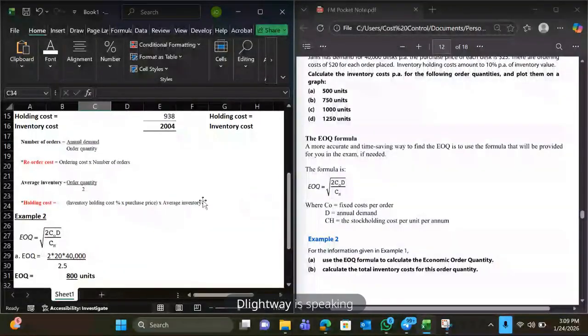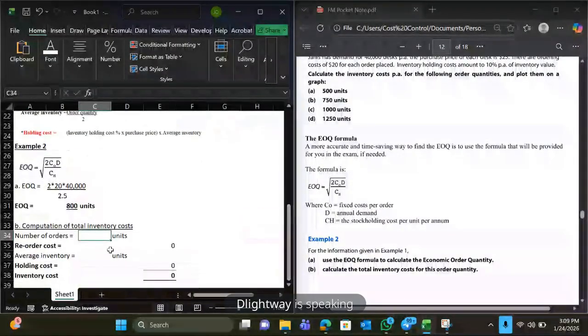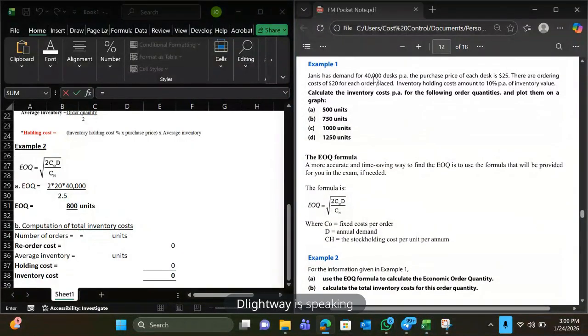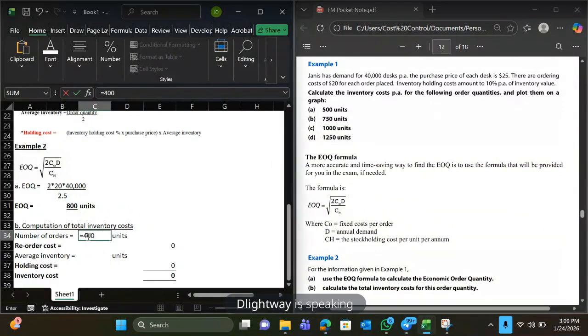So our number of orders is annual demand divided by our order quantity. Let's go back to our question. What's our annual demand? Our annual demand from our question is 40,000 decks. I'm doing it this way because I just came to meet up, I just hope you'll be able to catch up. 40,000